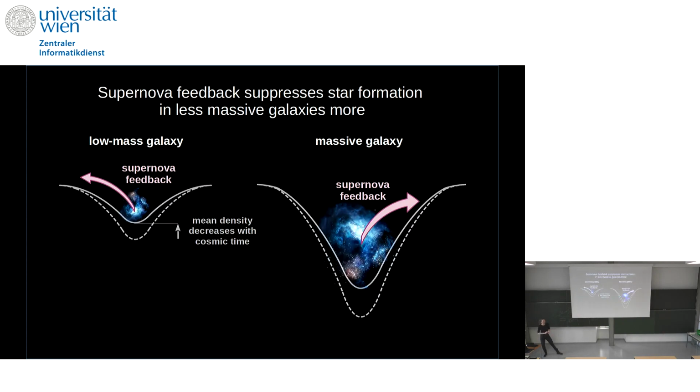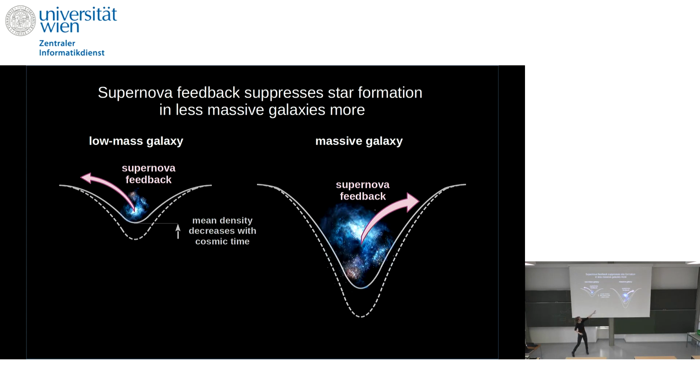Now I can wonder, how does it depend on the galaxy itself, or in which gravitational potential it is sitting? In the case of supernova feedback, if you're sitting in a low mass galaxy, your gravitational potential is rather shallow. So if supernovae are exploding there, they're more likely to push the gas out of the galaxy. This basically shuts down star formation, because either your gas is heated and not cool anymore, or it evaporates out of the gravitational potential.